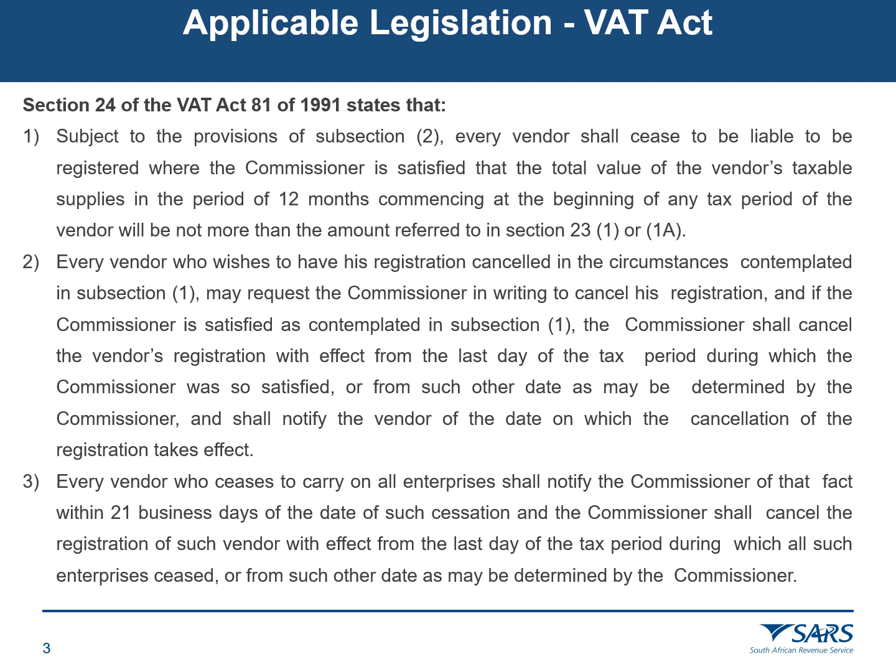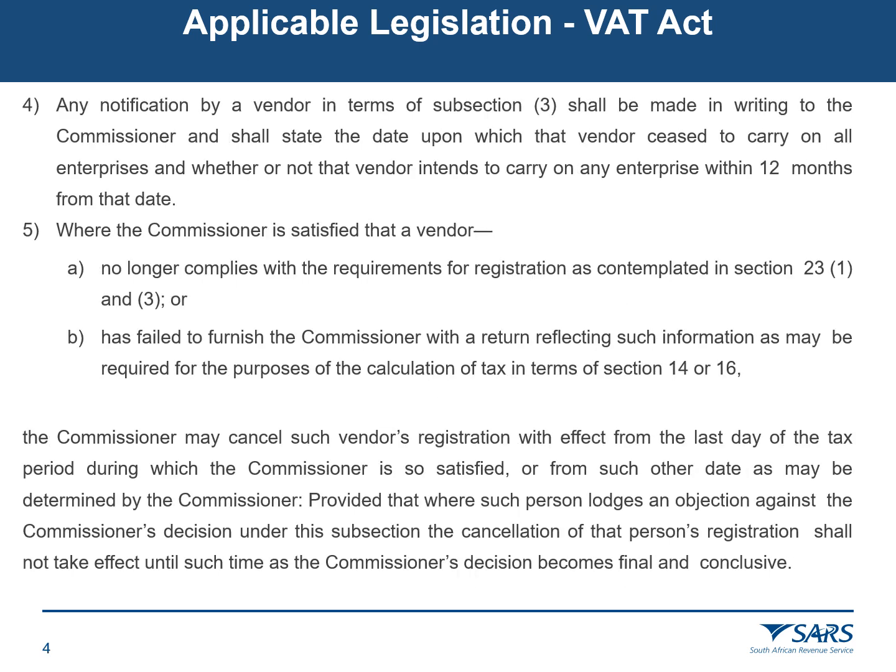The vendor will need to inform the Commissioner within 21 business days if the business ceases to trade. The vendor will need to inform the Commissioner in writing of the date on which the business ceased to trade. Where the Commissioner is satisfied that the vendor no longer complies with the requirements for registration as contemplated in Section 23(1) and (3), who has failed to furnish the Commissioner with a return reflecting such information as may be required for the purposes of the calculation of tax in terms of Section 14 or 16,